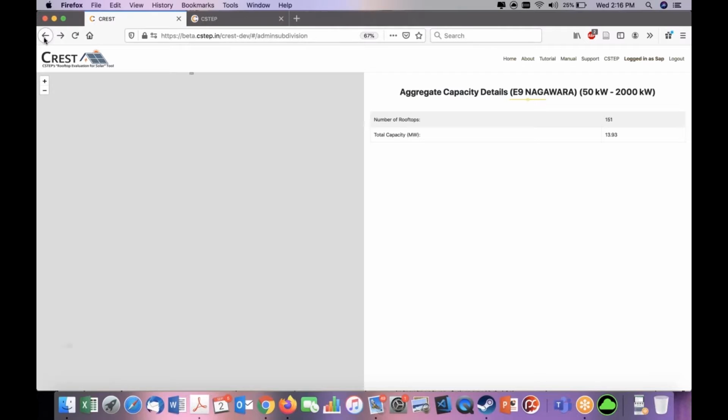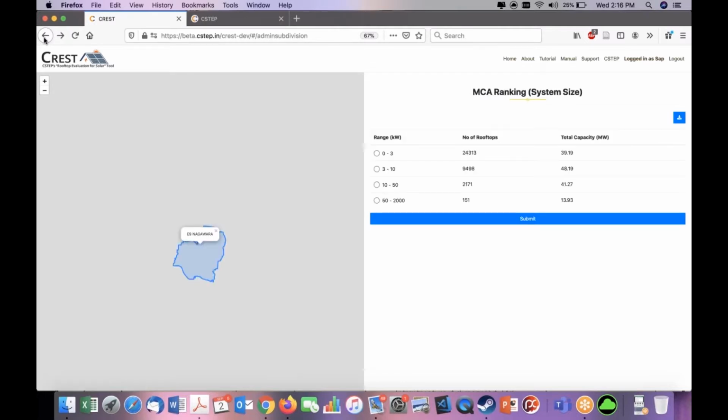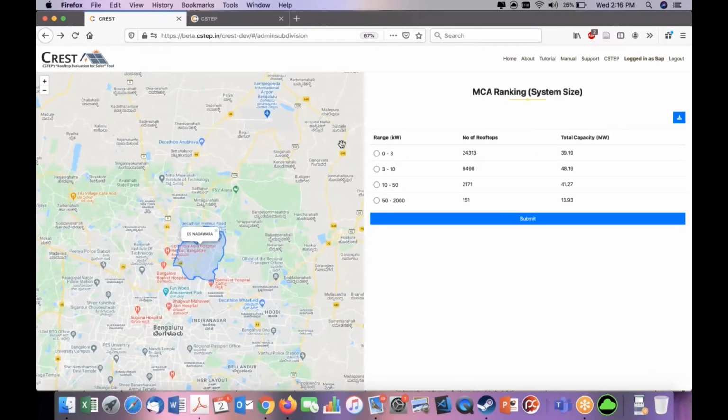So what the developer has access to is this kind of database where they will know in each subdivision the breakup of the number of rooftops based on size categories and also the exact lat longs. Now, what we had wanted BESCOM to do in collaboration with EDAM to make this tool more comprehensive is that